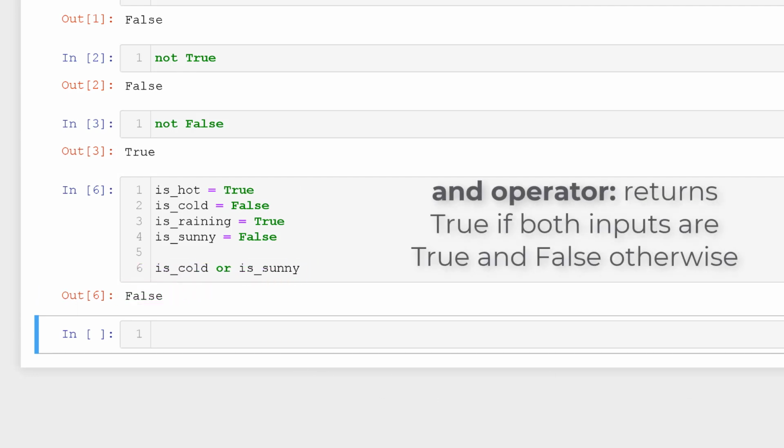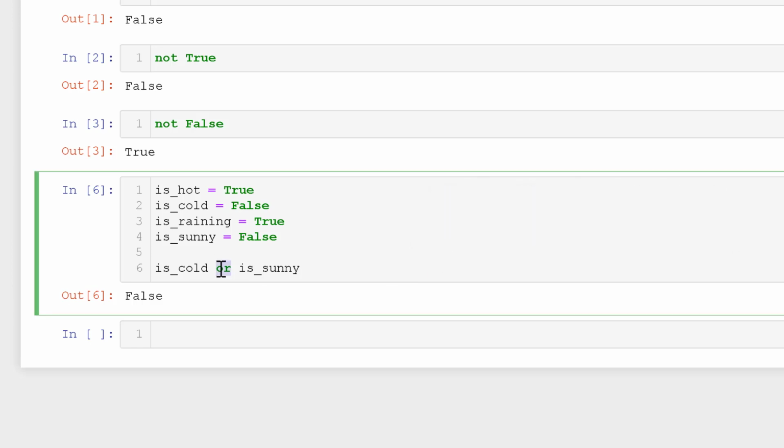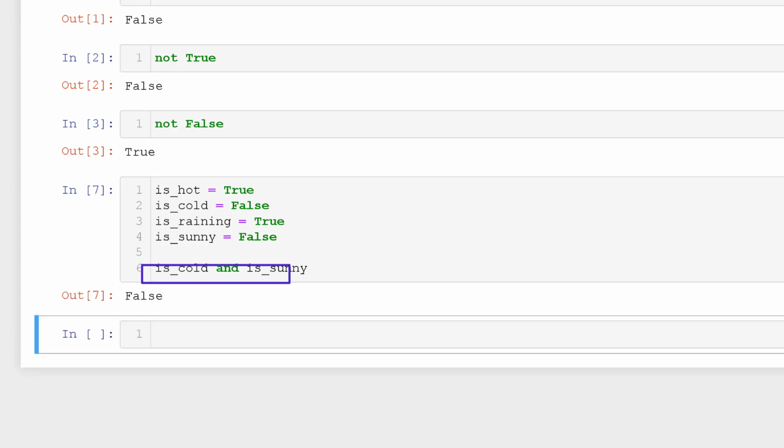The AND operator evaluates to true when both of its inputs are true, and false otherwise. So let's see our example with an AND. isCold and isSunny. When I run this code, I expect it to evaluate to false. Both inputs are false.